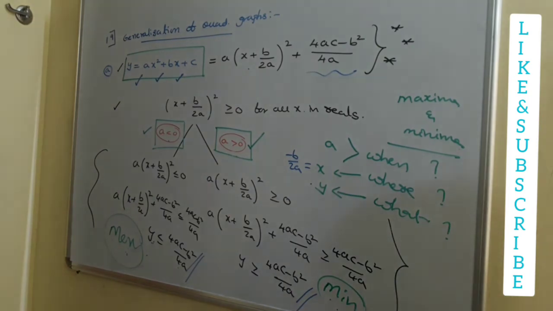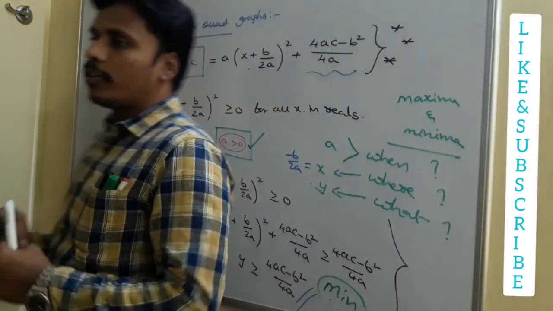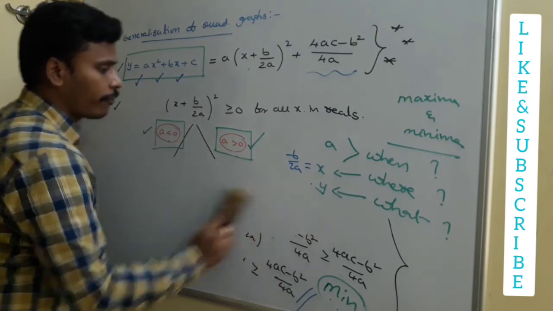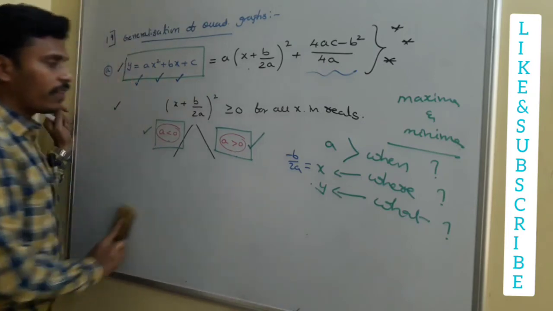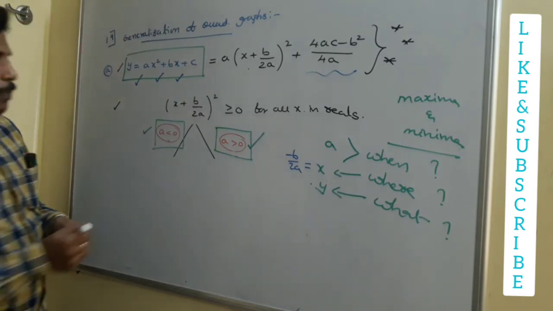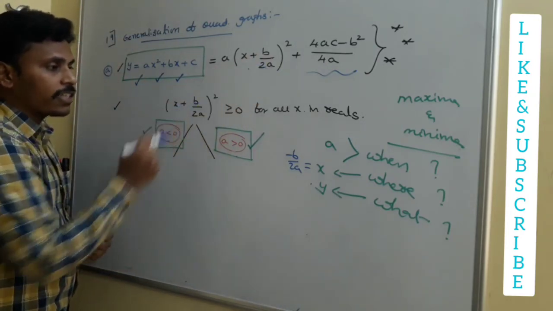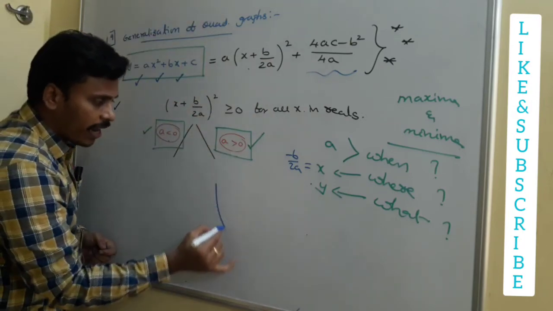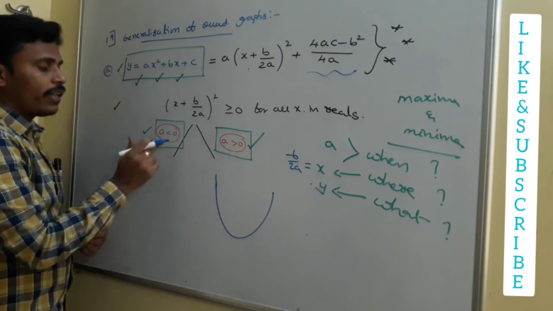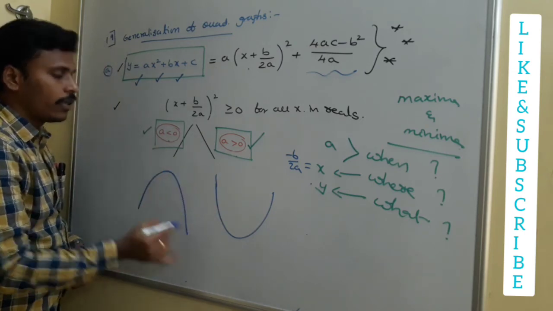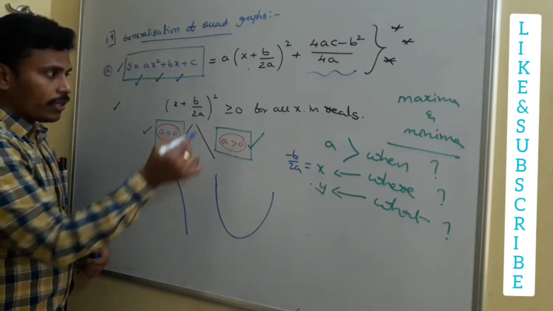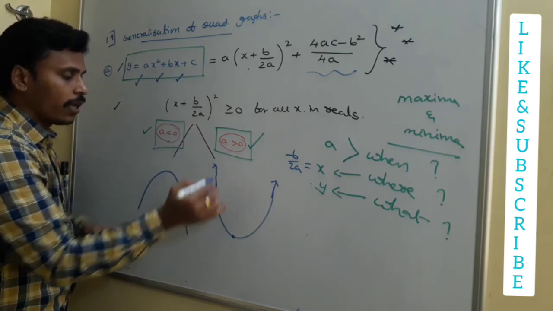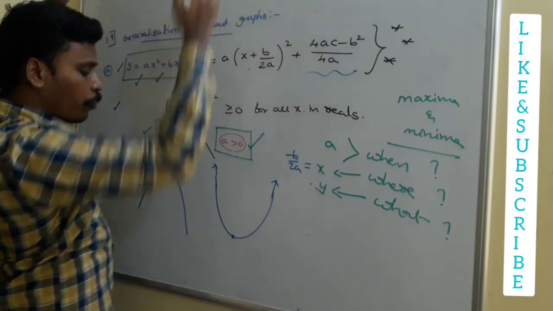Now, this is the way to think about the maxima and minima of the expressions. If you try to draw the rough graph: if a is greater than 0, the graph has a minimum value. Minima is there, maxima is not. That's why the graph will be like this, and in the other case, the graph will be like this. In this case, it has a minima at this point. Maximum means it goes on, it moves like that, up to infinity.